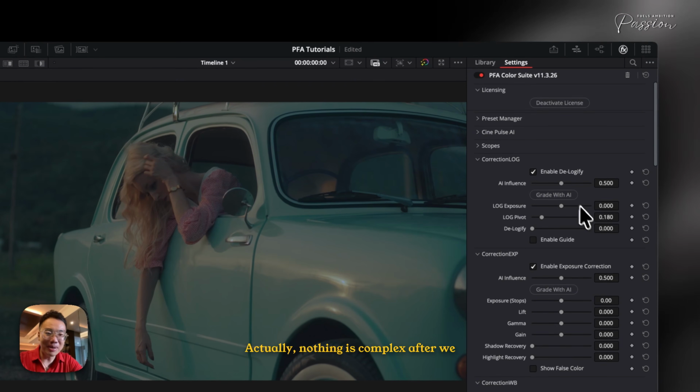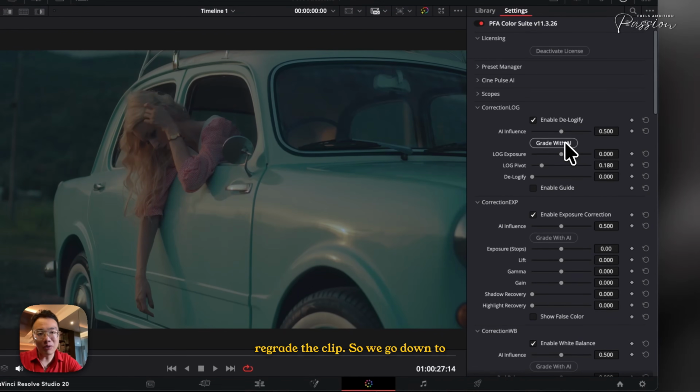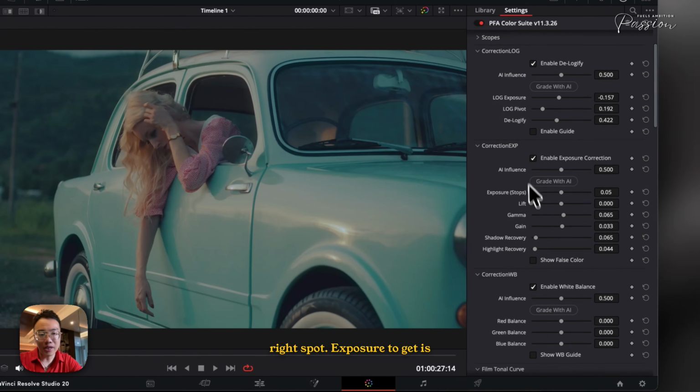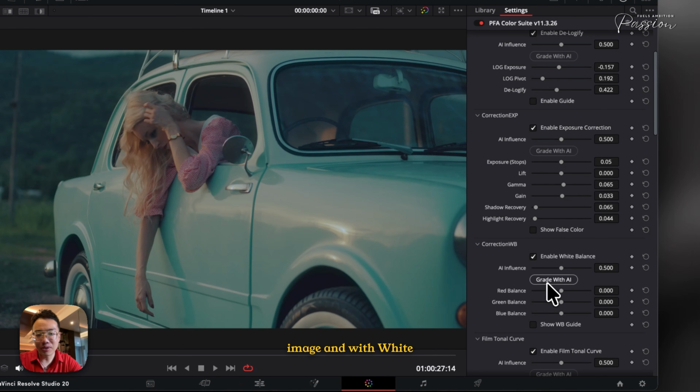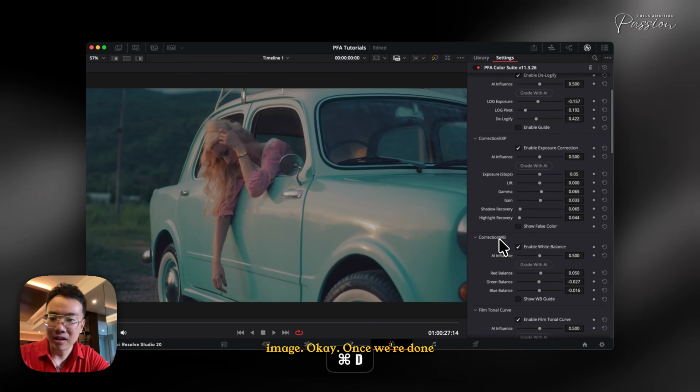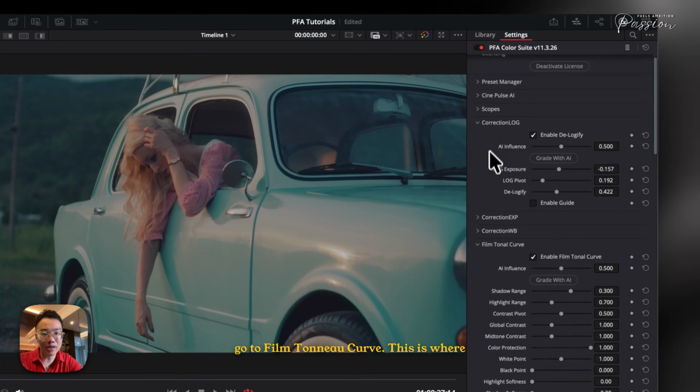Actually, nothing is complex after we built this tool. So we regrade the clip. We go down to correction lock, one click, and it will pretty much return to the nice spot. Correction exposure to get a perfectly exposed image, and with correction white balance, now it's a perfectly balanced image, okay? Once we're done with this stage, now we can go to